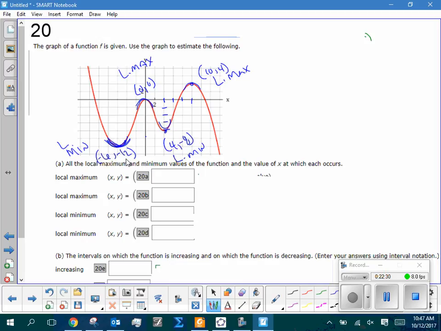negative 12 is going to be the smallest y value I ever come across in all those ordered pairs. So that's why it's called the minimum. Okay, it's the smallest y value that you get. Same thing for the rest of this. That 0 right there is going to be the largest y value that you see in any of the points in that neighborhood. Okay. Now in this particular graph, we're going to interpret that this goes on forever in both